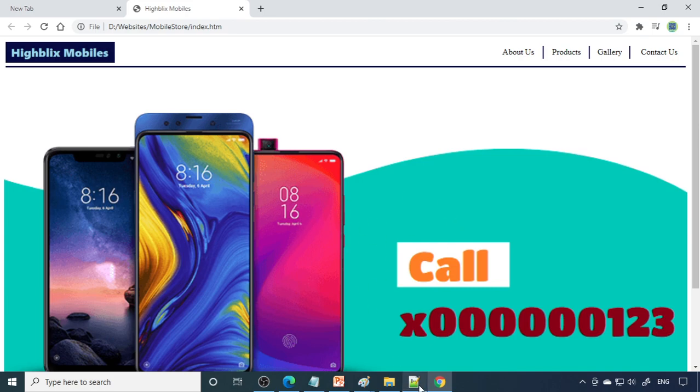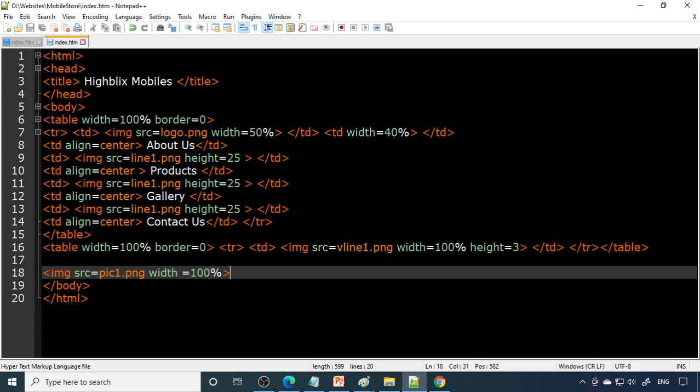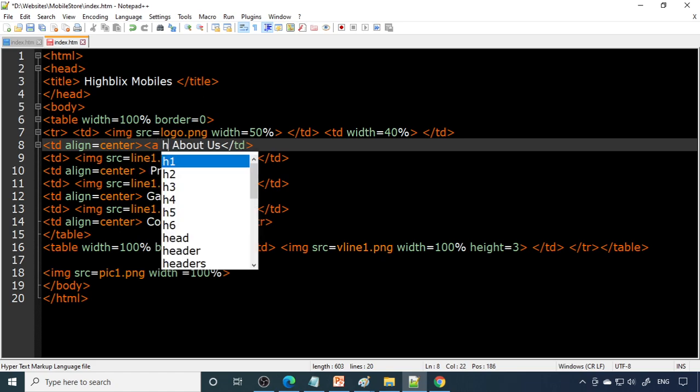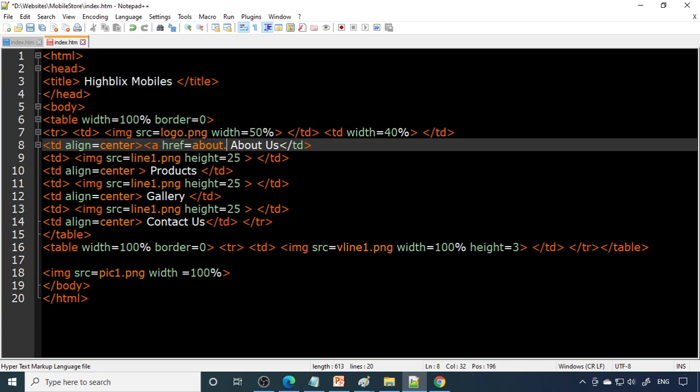Therefore, first you need to create all the files, or you need to establish the anchor. So you can say a anchor href is equal to about.htm, then you have to close the anchor, slash a.